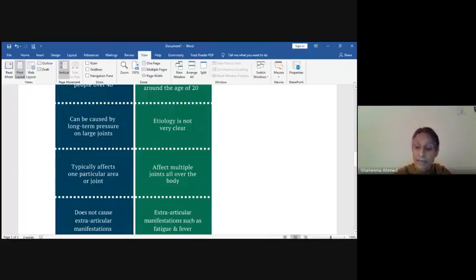Whereas in osteoarthritis, we call it evening stiffness because it becomes worse after effort, after some work is done. And the morning stiffness in osteoarthritis stays for hardly 30 minutes, not more than 30 minutes. After that, it wears off. Now, Heberden's nodes are absent in rheumatoid arthritis. They are characteristic of osteoarthritis.